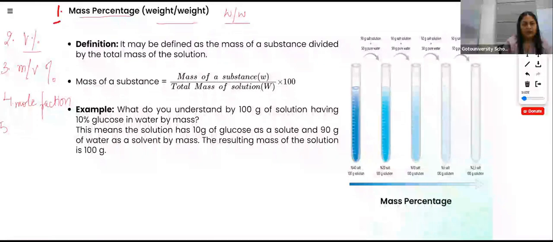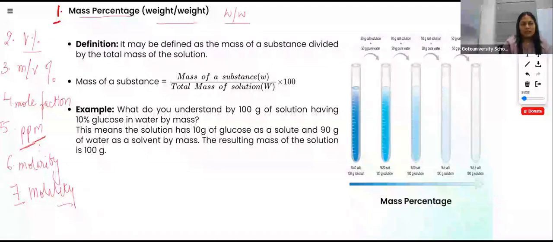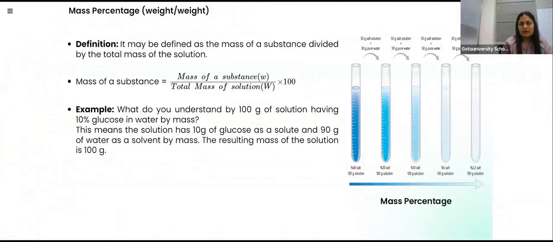Fifth would be ppm, that is parts per million, to get the accurate, precise amount of solute present in the solution. Sixth will be molarity, and seventh method we use to check the concentration of solution is molality, right? So out of these 7 methods, first method we are discussing here is